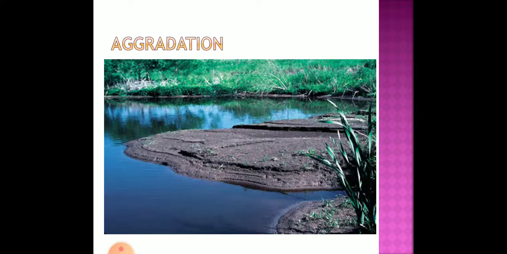So this is the end of the second part of our chapter, and in the next part we'll study the types of landforms. We'll start from the mountains, different types of mountains, plains, plateaus, etc. I think you have enjoyed this and understood all this, though it's a little difficult topic. Two important things you have to remember: there are two types of forces that result in the formation of landforms, endogenic or internal force, and exogenic or external force.